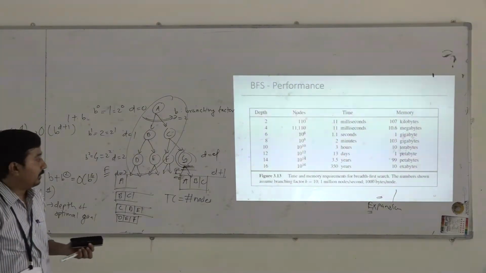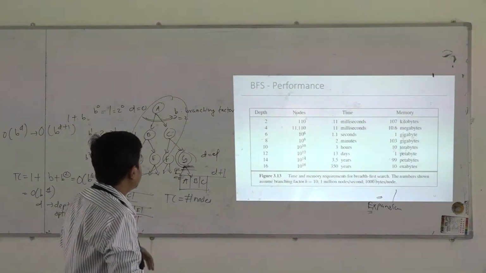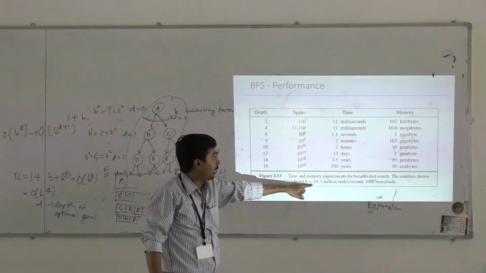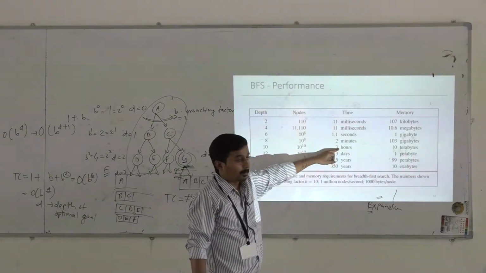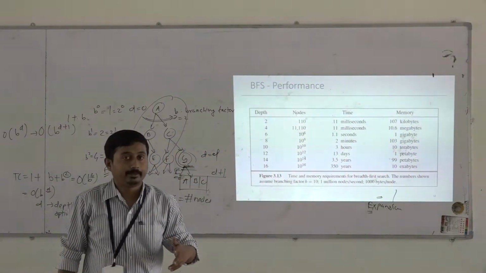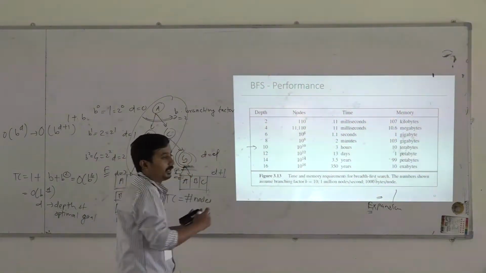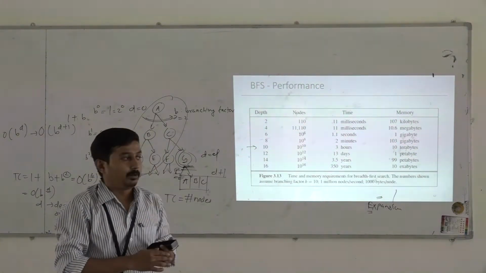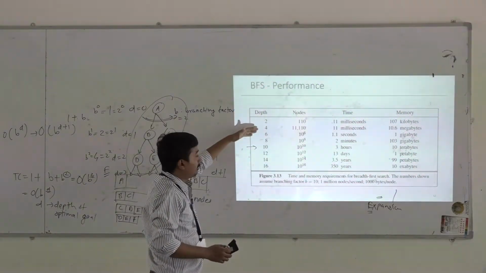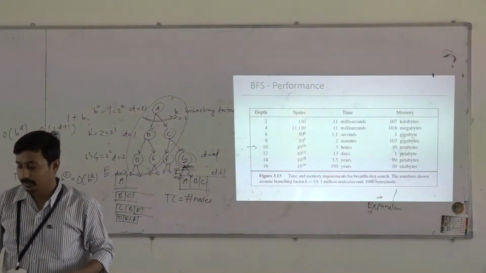But always these exponential complexities are scary. So consider this: if depth equals 10 and branching factor is 10, your time will be 3 hours, and memory requirement will be 10 terabytes of main memory, which is very huge. And often you will have depth larger than 10. Consider the 8 puzzle problem, there will be more than 8 movements, right? So obviously depth will be much higher in our AI problems. So we don't want this exponential complexity.